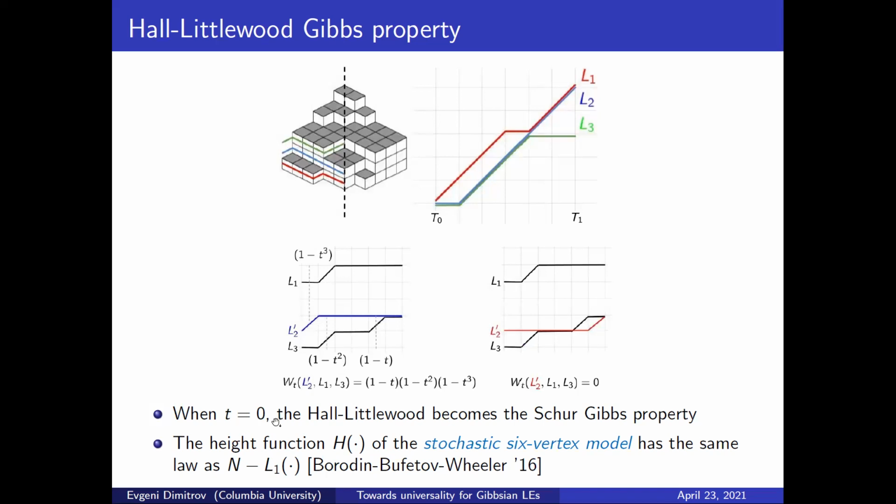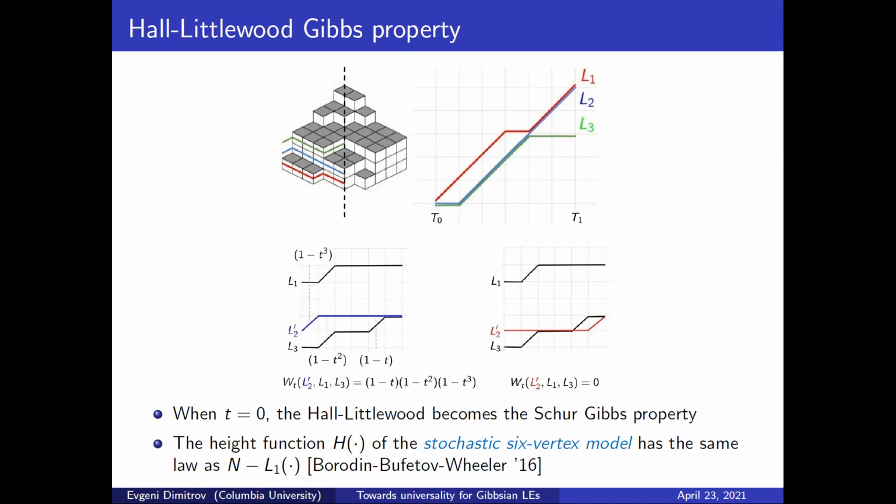This one, because it has a general t, from the symmetric function part of things, we call it the Hall-Littlewood Gibbs property. But the way that you should think about this Gibbs property is it's some sort of a quantization of the uniform measure on avoiding paths, with some quantization parameter little t.